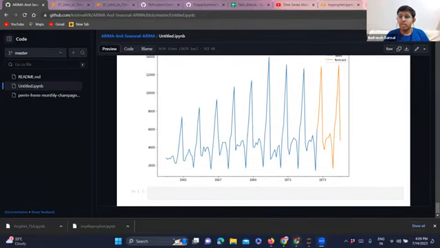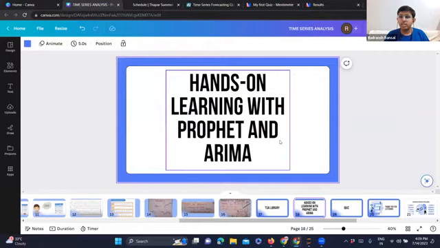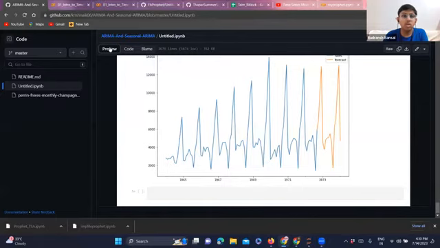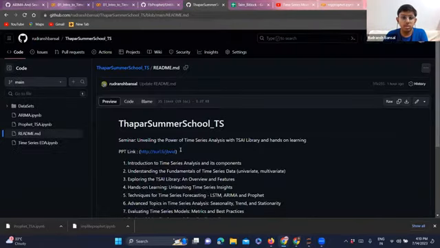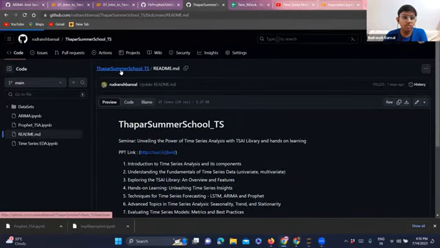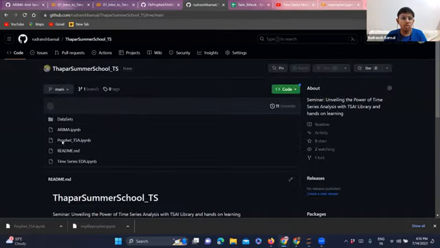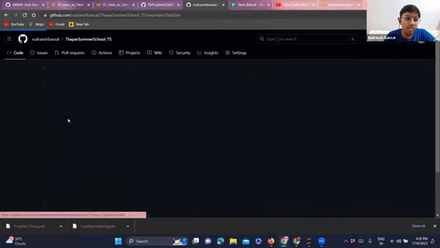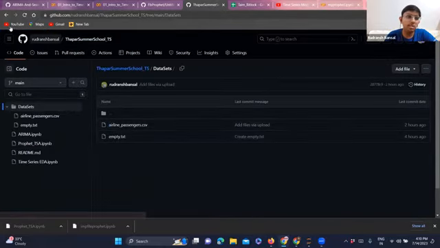Okay, so it's time for the hands-on learning session. The links for the ARIMA model and the data set that we'll be using are available. With ARIMA, we have a Yahoo Finance data set. The Prophet model and the data set are available on GitHub, all resources are. This is the ARIMA model, and the Prophet model, which we'll be implementing here, and we'll be using this airline passenger CSV data set.